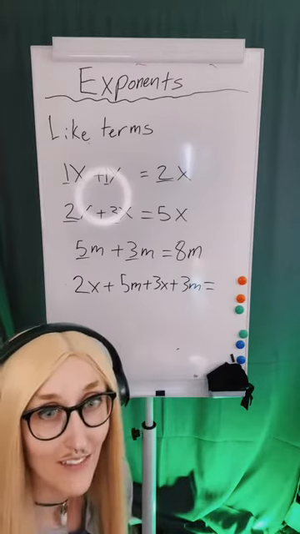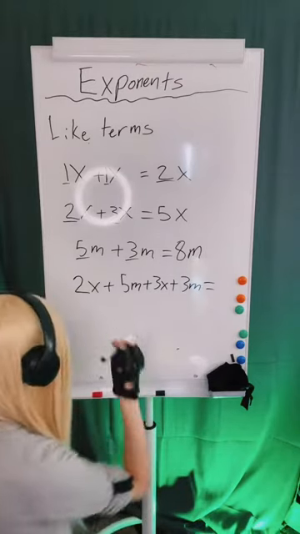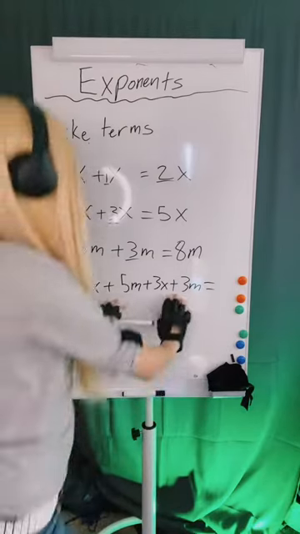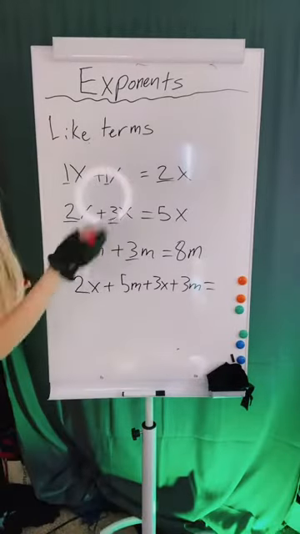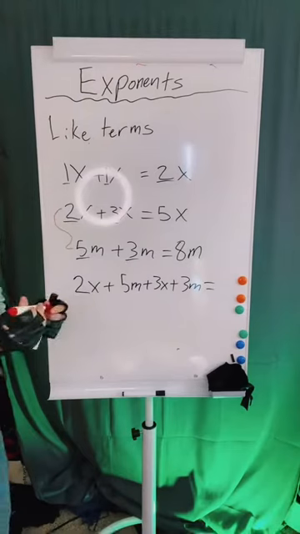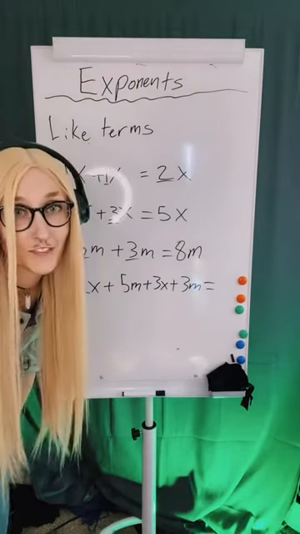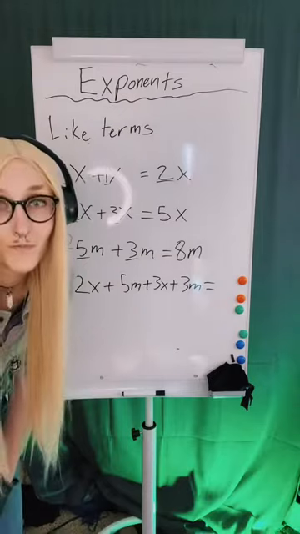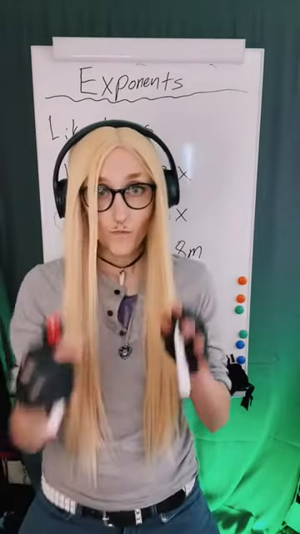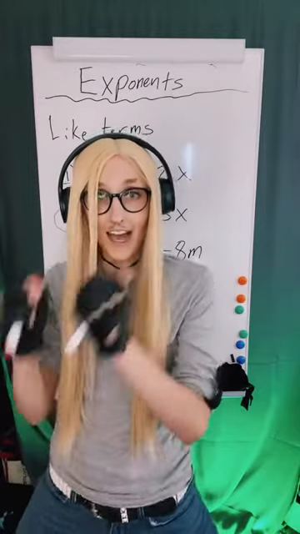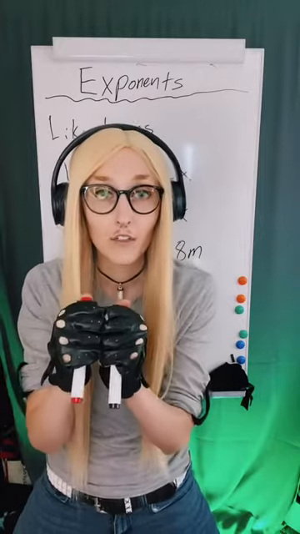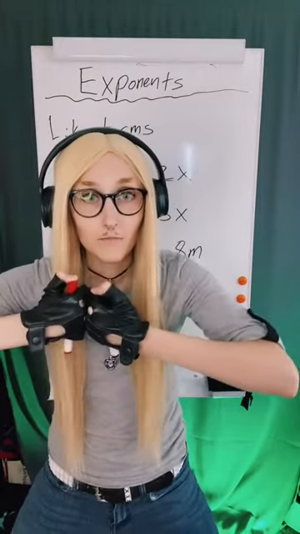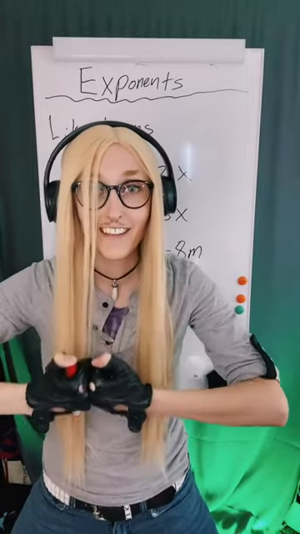Awesome. All right, let's talk about it. There's a reason why I picked these numbers. I was sneaky on you. I just combined these last two problems. I did that on purpose. So when I add like terms, I have to add it with something that's just like it. They have to have the same exact variable in order for me to put them together.